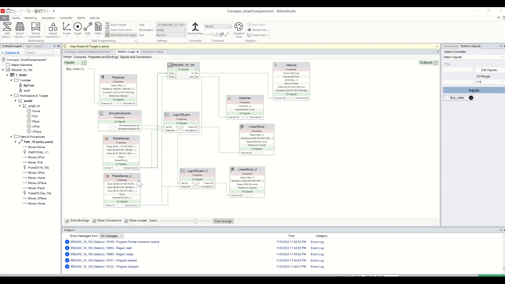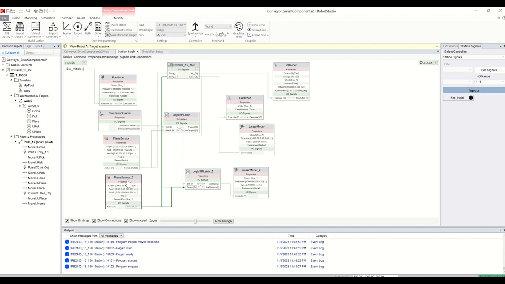Okay, so maybe a quick review. Basically, I took PlaneSensor 2, I took Logic SR Latch 2, and LinearMover 2. So these are the connections I did from sensor out to entry 2 for PlaneSensor 2. And once the destination object is getting activated, then this one is going to set the Logic SR Latch, that is going to give the output 1 to LinearMover 2, and that's how the linear mover will start moving. And